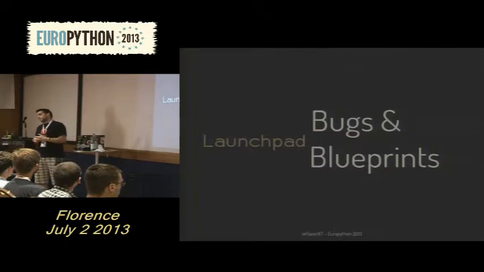We use Launchpad for blueprints as well. Blueprints are just ideas, changes to projects that you might have, and you want to share with other folks and get some feedback. And this is how we track new features. Every time somebody wants to add something to the project, they create a new blueprint and say, hey, I created this blueprint. Does it make sense to have this in this release cycle or the next one? The whole approval of those blueprints happens in meetings and design summits, and we will talk about that later. But that's basically what we use Launchpad for.